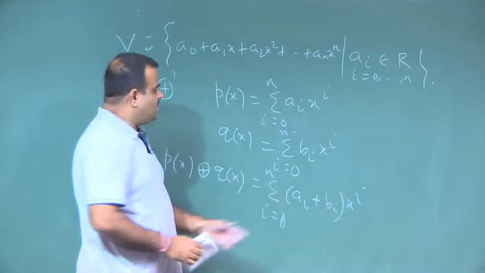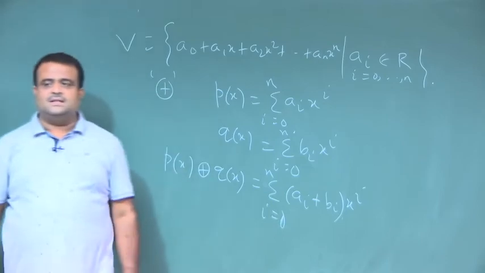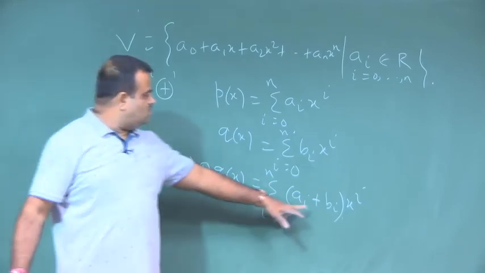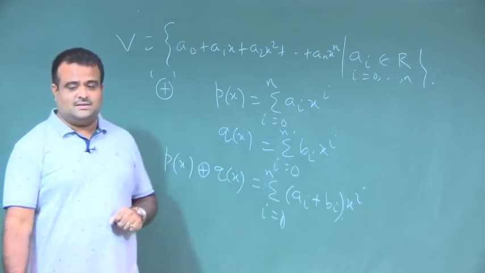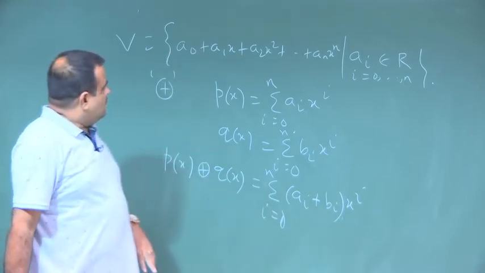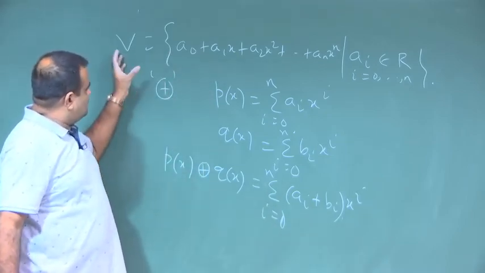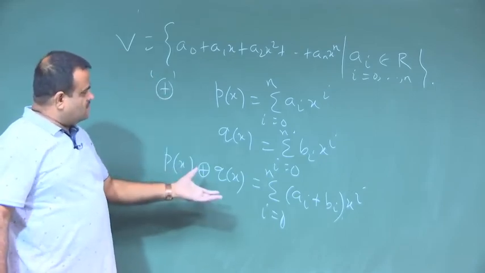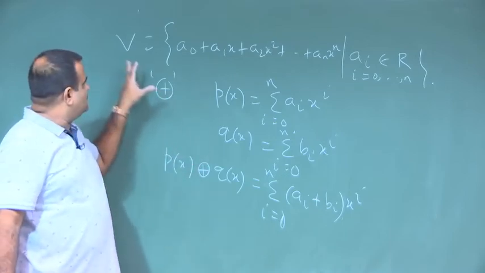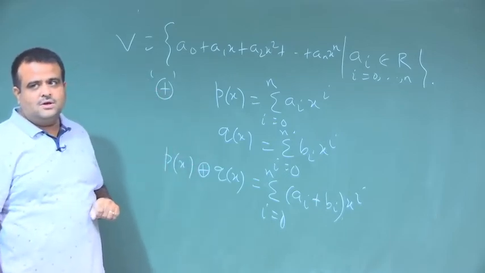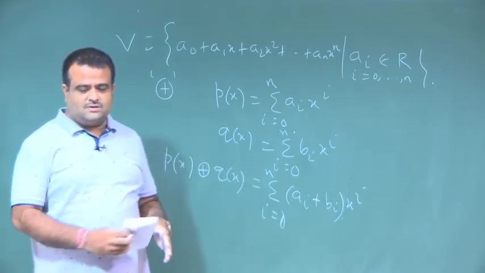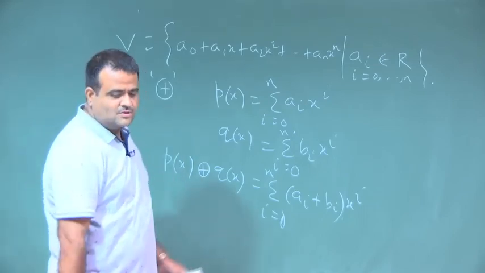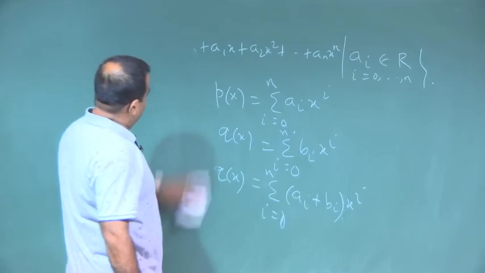We can define this over any field other than the real numbers. We just need to have a field, and then this will be the field addition in that field. We can again show that this set will work for any field; this V will form a vector space over that field. So, this is called a polynomial space, and we have another example of a vector space: matrices.